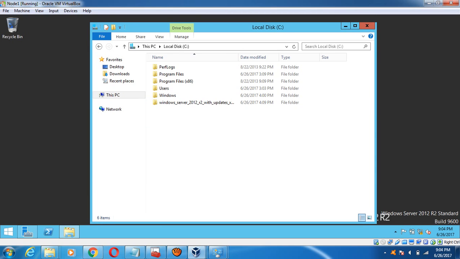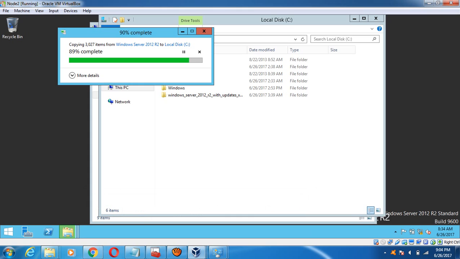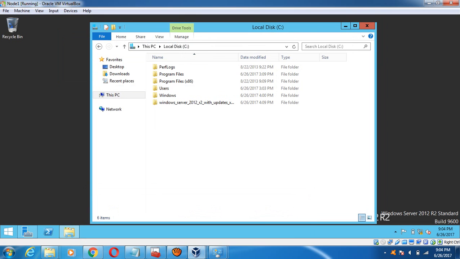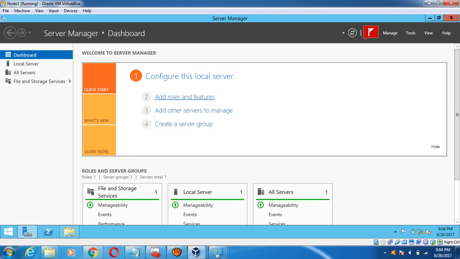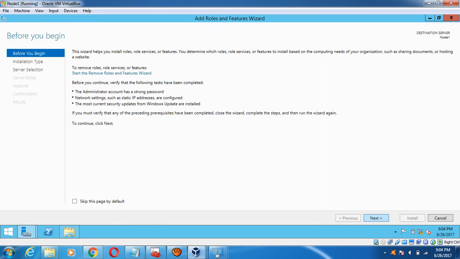Okay, so the transfer is completed for node 1, and let's go and check the other node, that is node 2, and it is about to complete. So we can start the .NET framework installation on node 1, and by that time this transfer will also get complete. So how to do it? Now go to add roles and features, and then next,